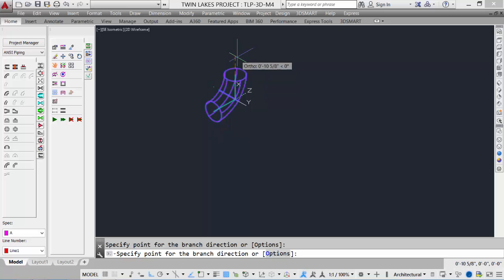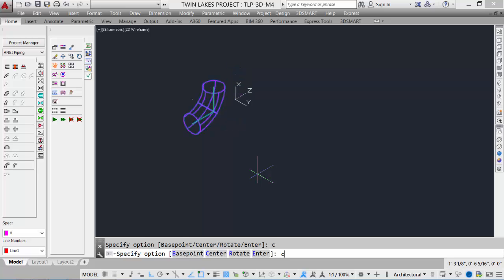We can change the direction that we'd like the elbow to go. We can select the O on the keyboard for options, and then we can change the base point, the center. We can rotate it other than the 90 degrees, or just enter to accept the component. And we can change the B for base point, so now it changes up or down. With the center, it changes the center point